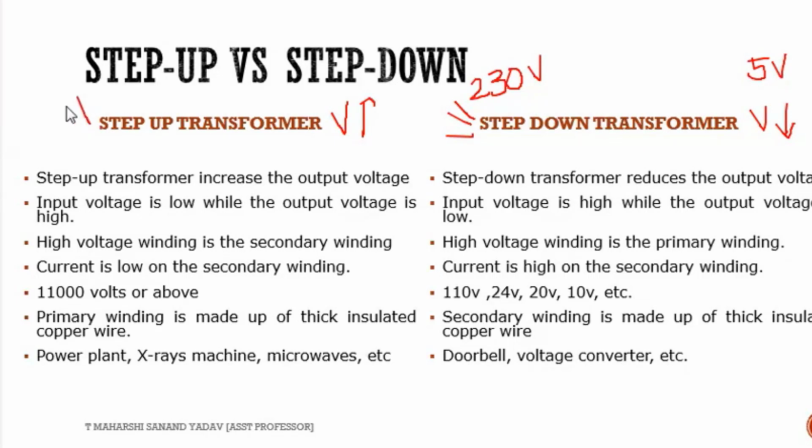Whereas for step up, suppose we give 230 initially, step up means it will try to increase the amount of voltage. For better understanding, I'm taking a rough example, 400 volt. So clear with this concept, what is step up and what is step down? Or any doubts? Yes. Step down means we are trying to decrease the output voltage. Step up is for which we are trying to increase the voltage, right? Go through these points once again. If you are having doubts, we shall see in the next slide, right?